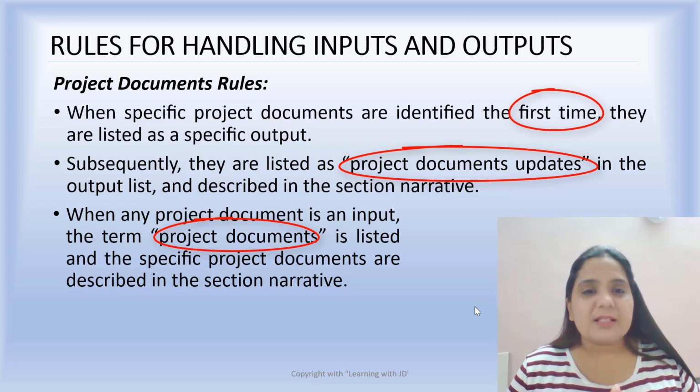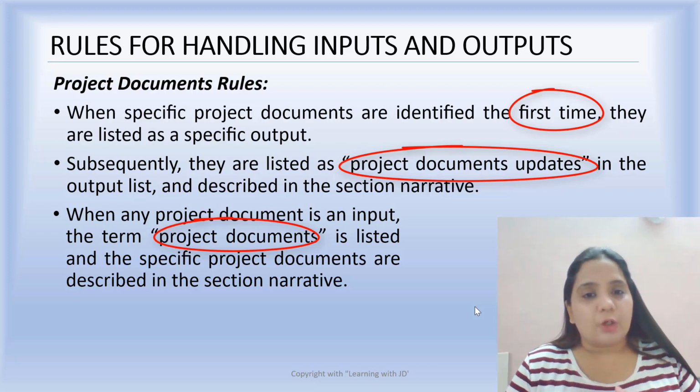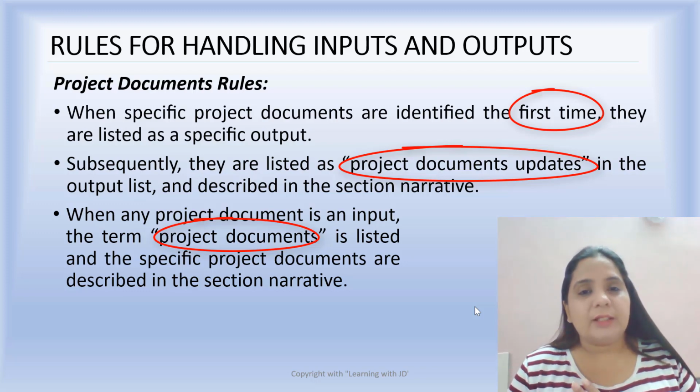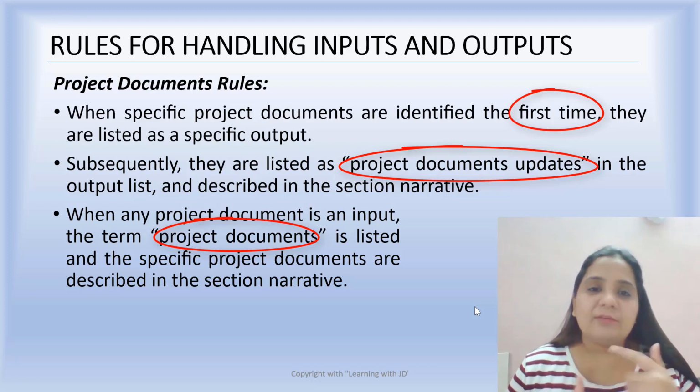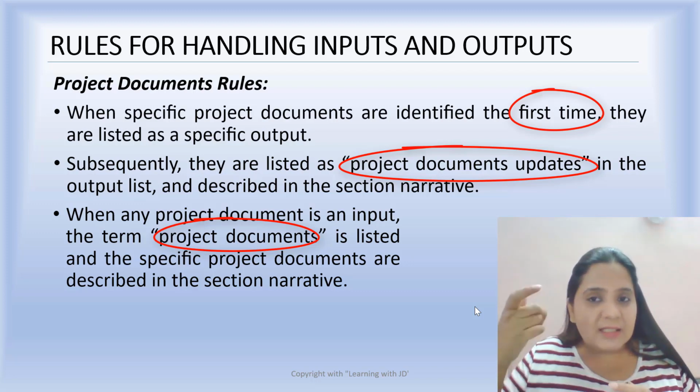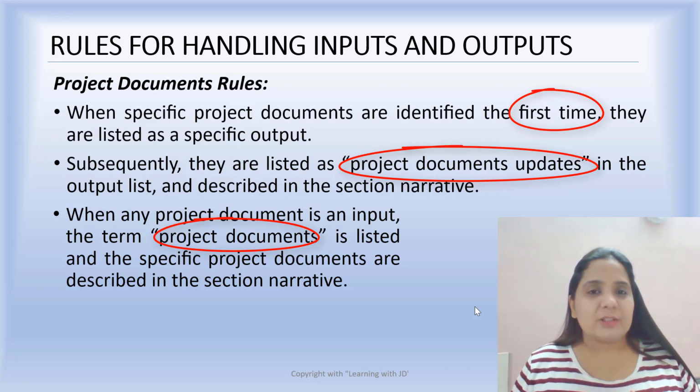Wherever, so let me revise. There is a document which is created, say risk register. It identifies all the risks which you think may come for your project. You create that document. Now, the first time you create that document, the output is known as risk register. But whenever there is a change in the risk register, it will be known as project document update, because the risk register, as an individual document, which is like a 2-pager document, will be a part of the project document file.